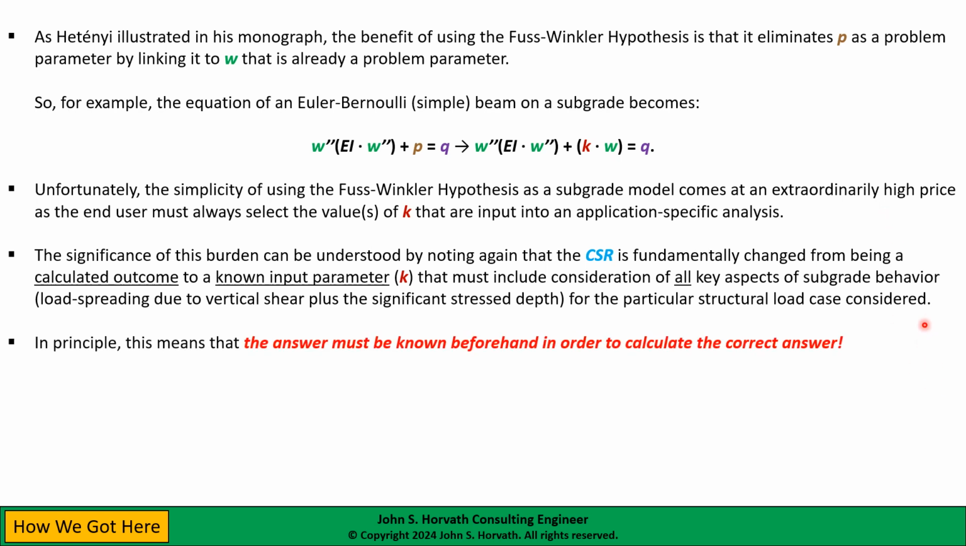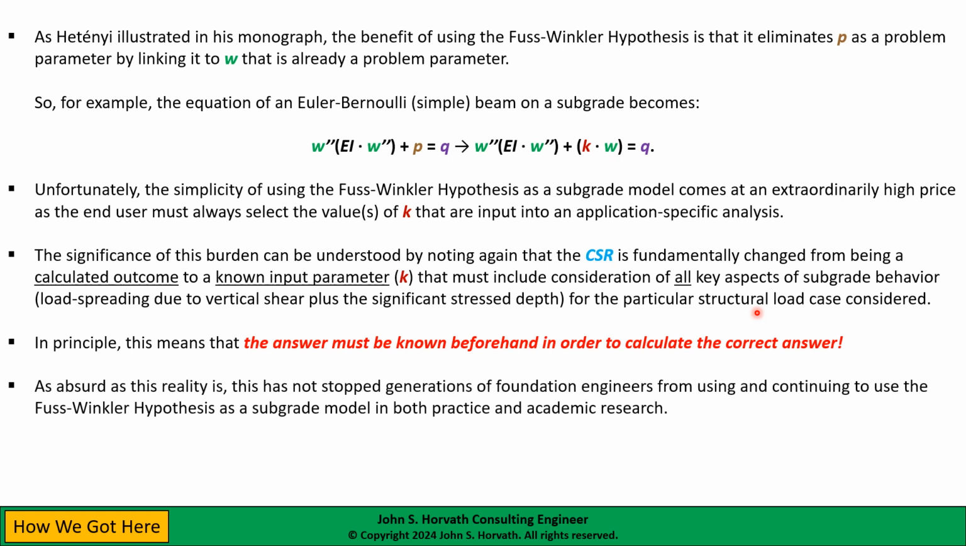So if you think about it, what this means in principle is that if we're going to use the Fuss-Winkler hypothesis, if we're going to use this simple subgrade spring model, we need to know the answer to the problem beforehand so that we can go ahead and calculate the correct answer. Well, as preposterous and absurd as this reality is, this hasn't stopped generations of geotechnical and foundation engineers from using and continuing to use the Fuss-Winkler hypothesis as a subgrade model in both practice and academic